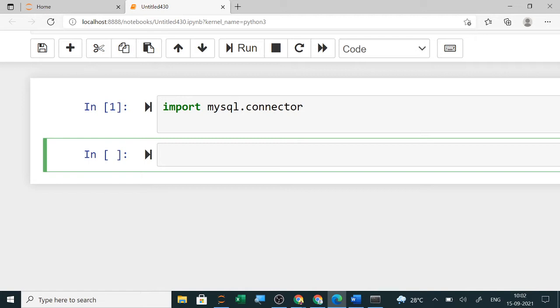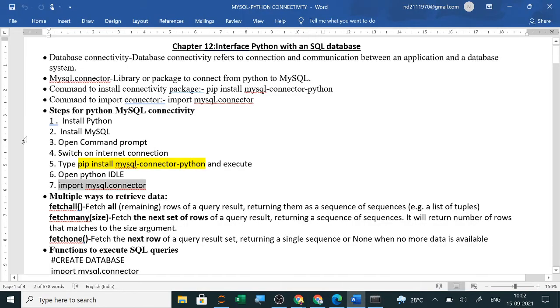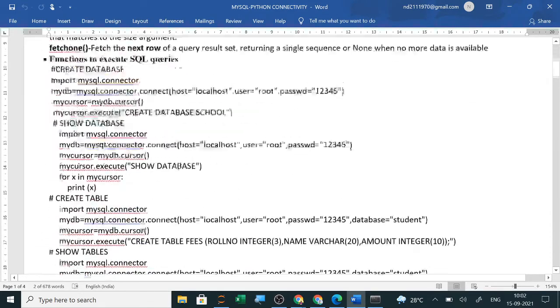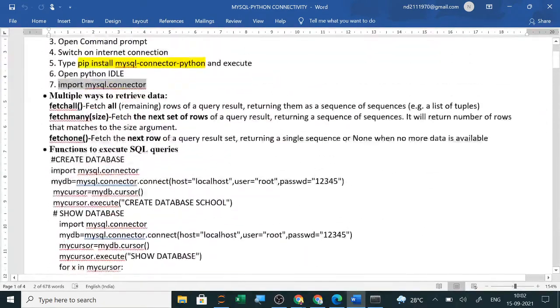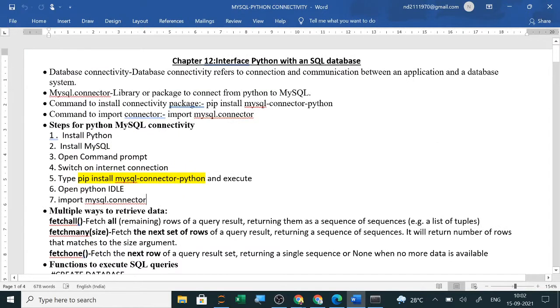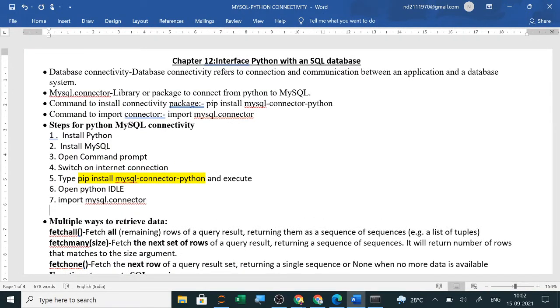Clear? Now we will start designing the project. Here you have to remember 4 things: we will import, we will connect, then we will use a cursor, and the last one is execute. So ICCE, that is import. Let me check if it is given anywhere; not given, so you better write it. The commands I will write here.